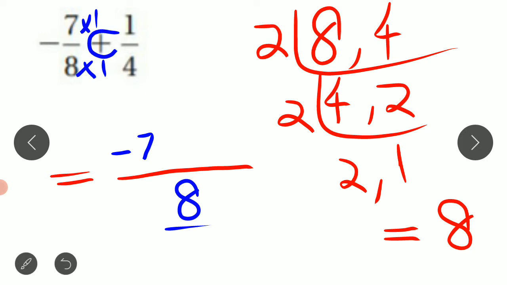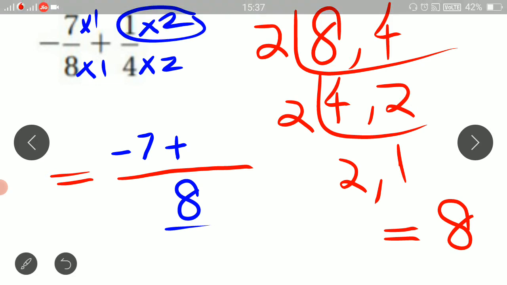Then what operation are we doing? Addition. So plus. Then the second denominator. Take 4. With 4, what to be multiplied to get 8? 4 2s are 8, is it? So 4 2s are, we are getting 8. With the same factor 2, let's multiply the numerator. So 1 2s are 2.